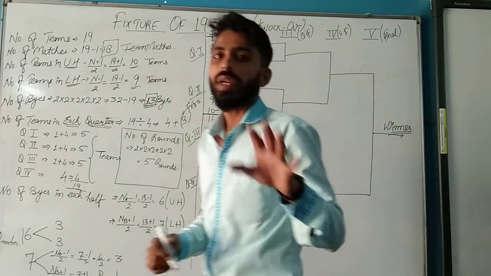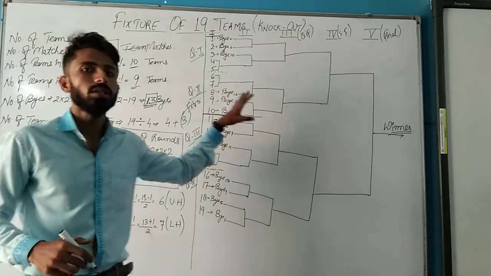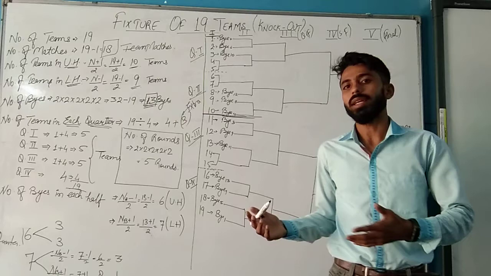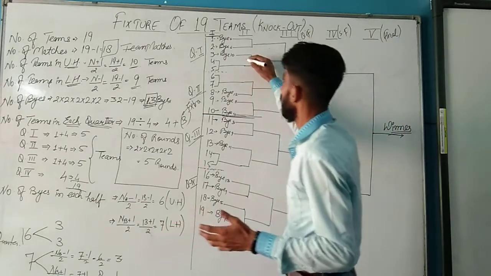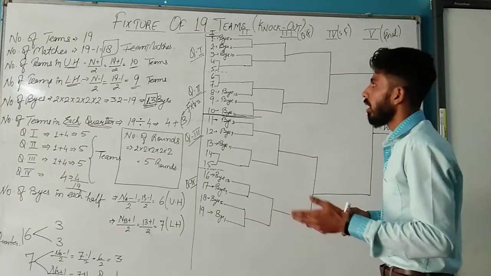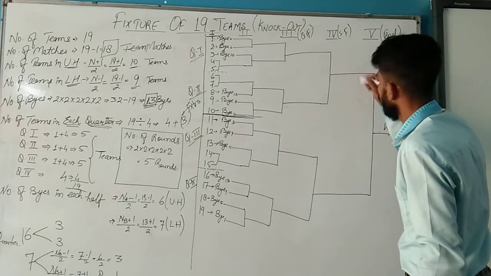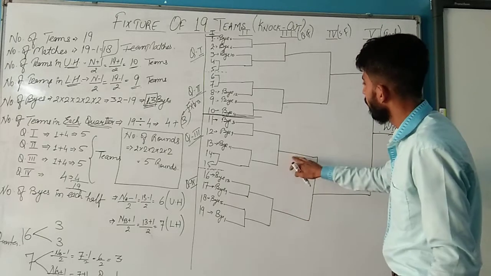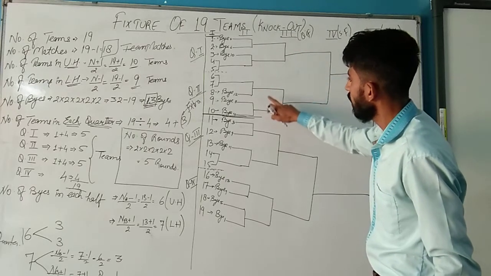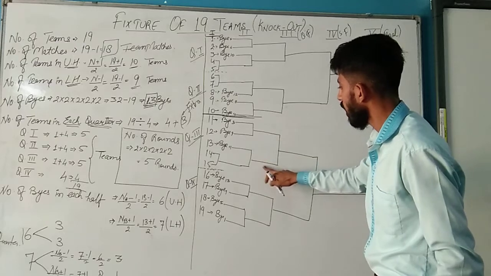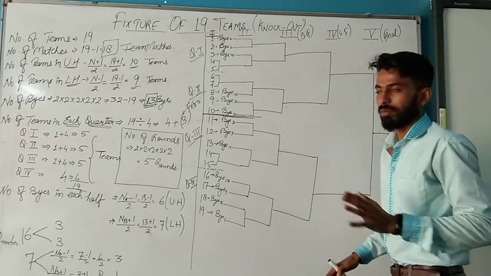So now you can rectify your question or solution, whether the fixture is correct or not. So just count these lines. In a few of the videos you have seen that numbers यहाँ पे लिख दिए तो matches count हो. Go for the matches only. The match number 1, 2, 3, 4, 5, 6, 7, 8, 9, 10, 11, 12, 13, 14, 15. Up to this round 15 matches are over.